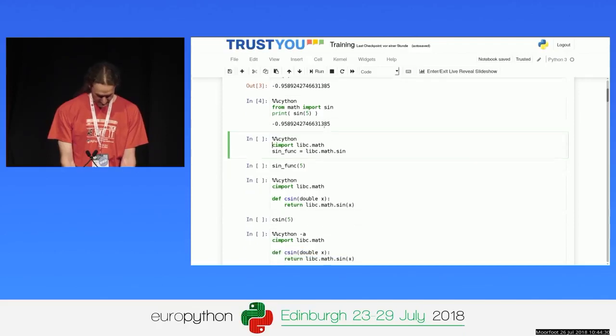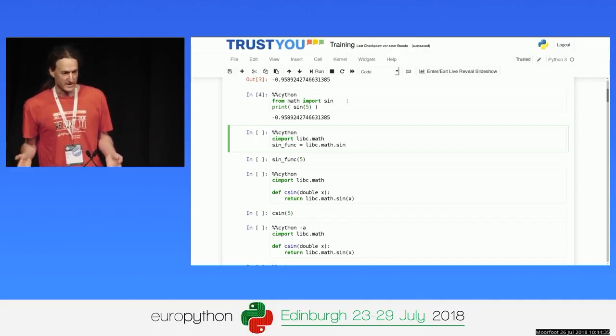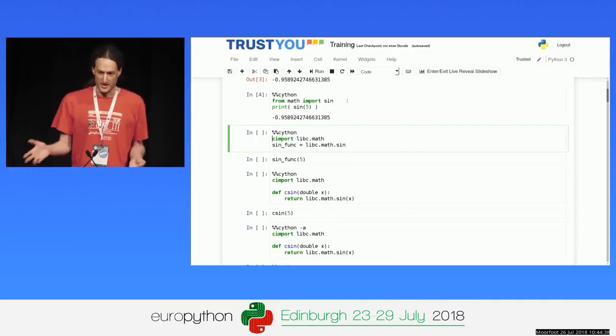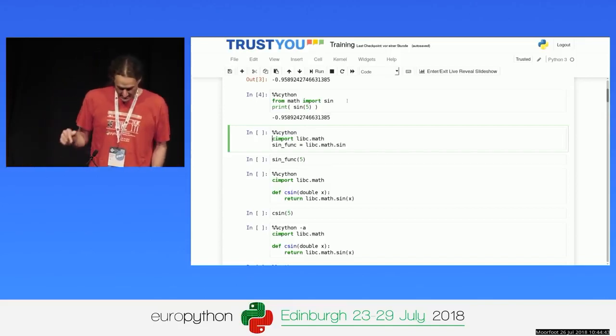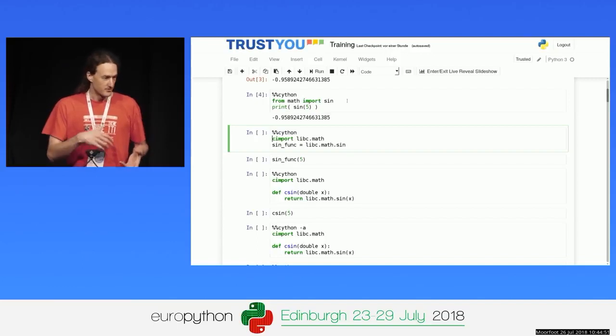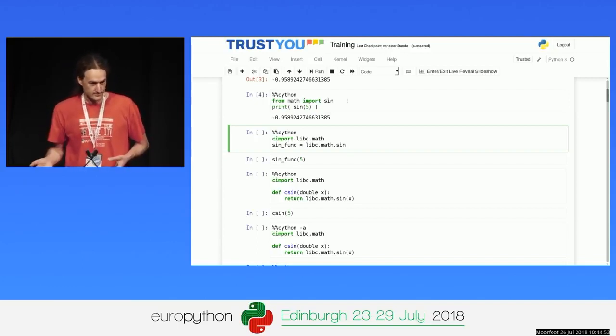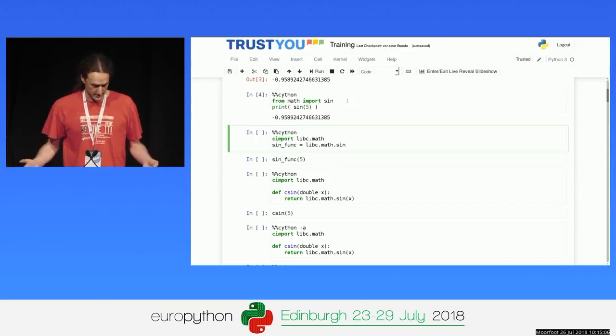This is still a bit boring, right? I'm doing the same thing. I'm taking the Python function, calling it. It doesn't make a difference if I call a Python function in compiled code or in interpreted code. It's pretty much the same thing. The nice thing about Cython now is I'm not limited to using Python things. Cython takes my Python code, compiles it to C. So what I can do now is start using C things, because my code ends up in C anyway, and doing C stuff is a totally natural thing to do from C.